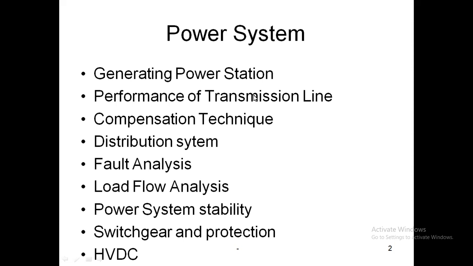The main reason why we transmit the power at a higher level is that if you transmit the power at a low voltage level, then the power transfer capability of that line will be very less, and the stability of the line will be very less for the same power. That's why we go for high voltage level transmission, and the losses are also less at high voltage levels. But we can't use that high voltage level power in our daily appliances. So we have to step down that power level, so that we can easily use the power in our